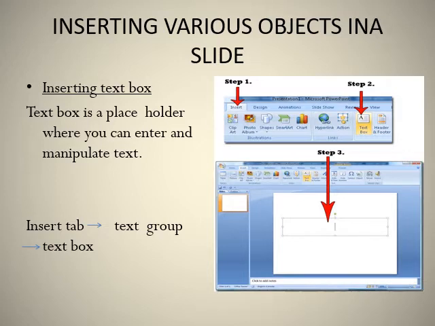So how will we insert it? We will go to the Insert tab, Text group, then select Text Box. Once the text box is selected, we will bring it to the place where we want to insert it, and this dotted box will come. In this dotted box, you can write the text that you want, then press Enter. If the text is long, the text box automatically adjusts and shifts the text to the next line, keeping the box area in view.